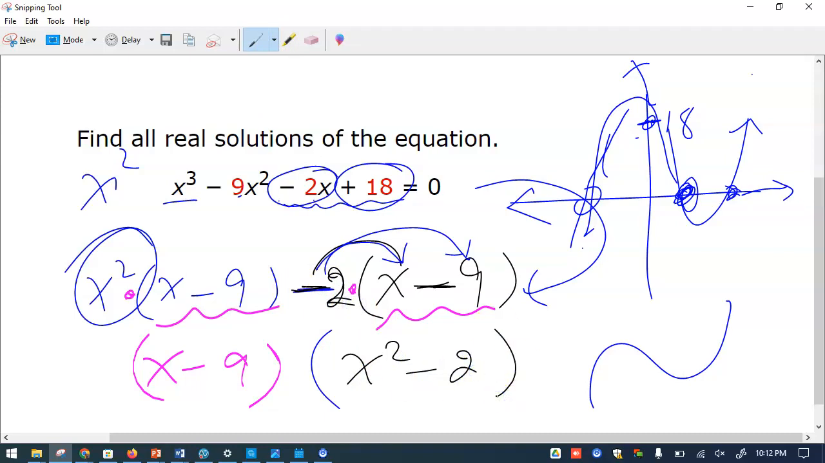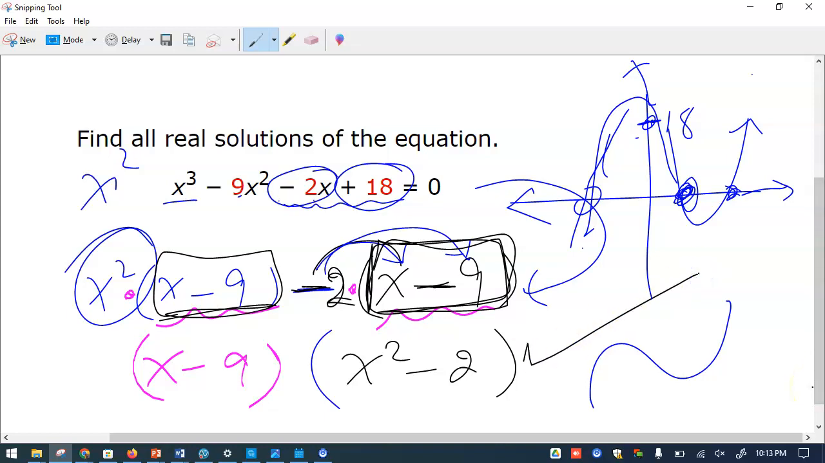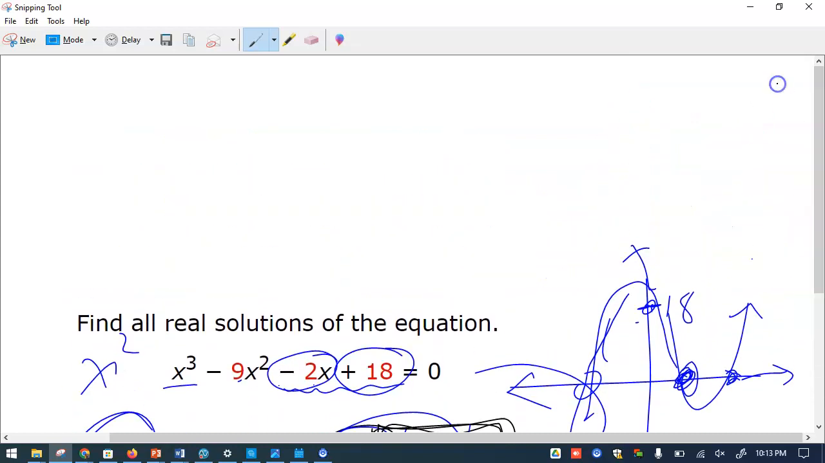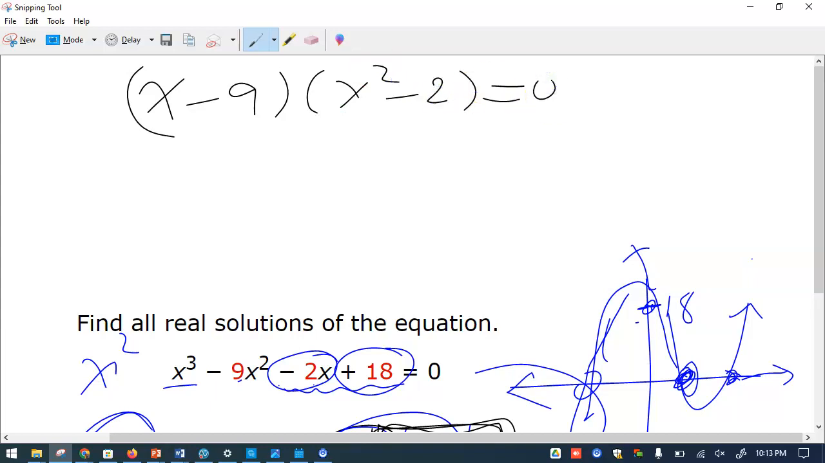So because you pulled out the x minus 9, this is like a common multiple for both the terms. So this is that x minus 9 I pulled out. Now what I'll do is I'm going to write this up here. Whatever I have, I'm going to write up x minus 9, and the other one was x squared minus 2 equals 0. So now what do we do next is